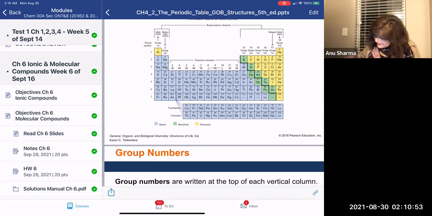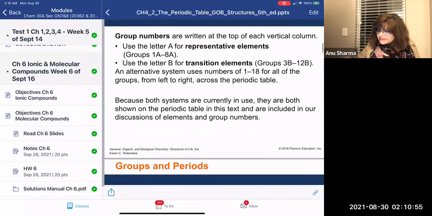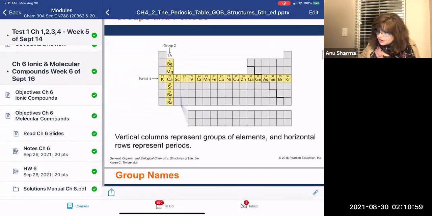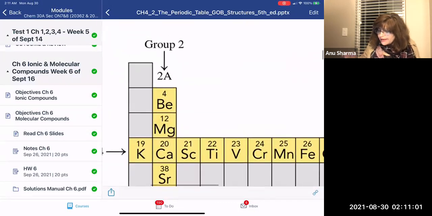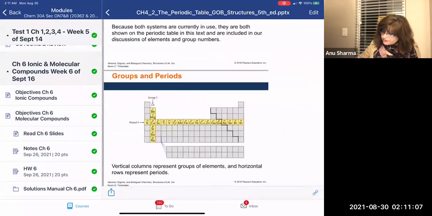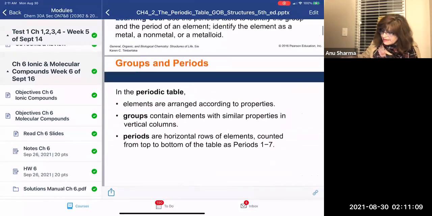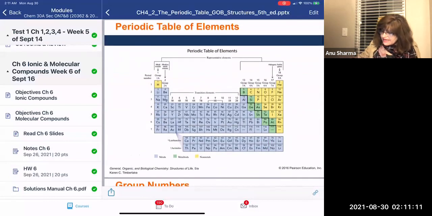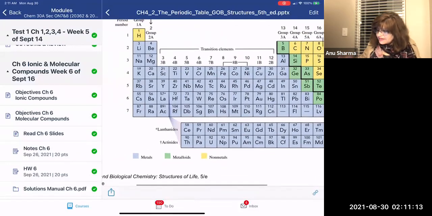Now let's look at the group numbers. The group numbers, as we already talked about, are the numbers that are written on the top. So here we have group 2A. These elements are here, and then you have the rows. The next thing is the kind of questions that can be asked on the exam: find the element that is present in